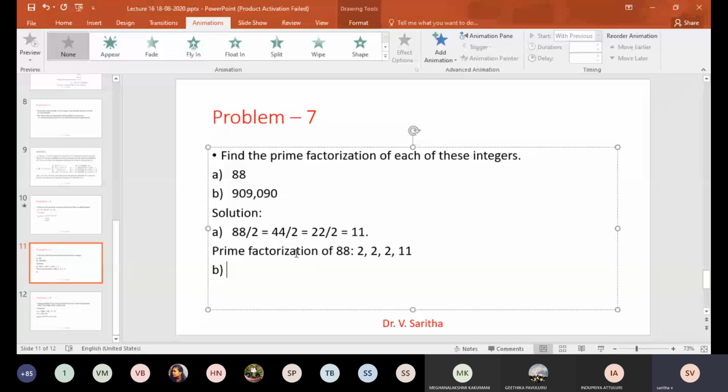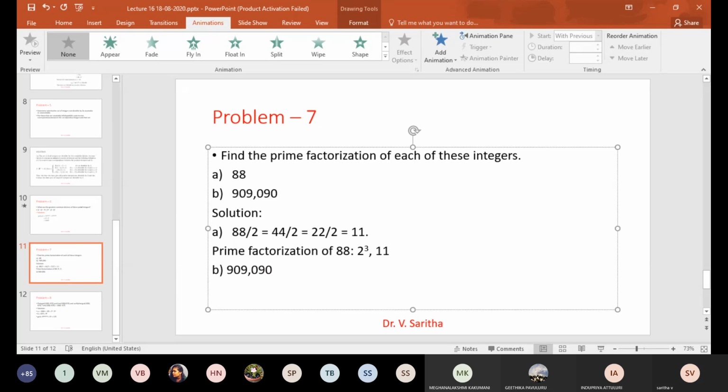So this is how your prime factorization will be, right? Prime factorization of 88 is 2 cube into 11. You can write it like this. We cannot make it as an 8. Remember that one again. Okay. So yeah, and what will it be for